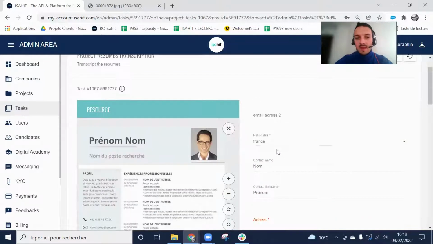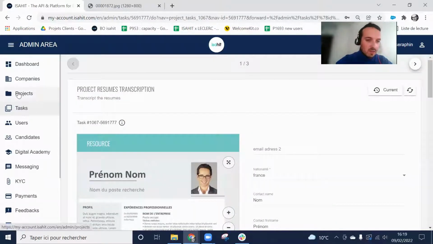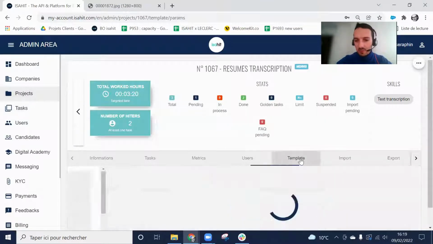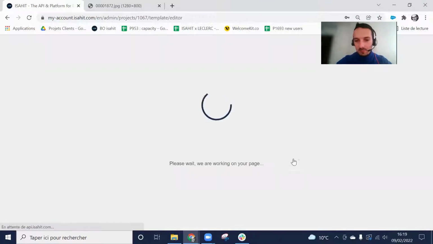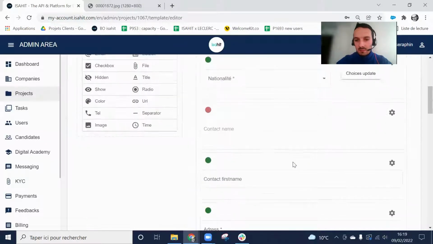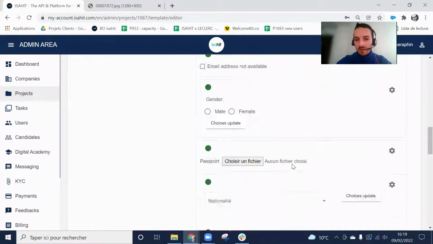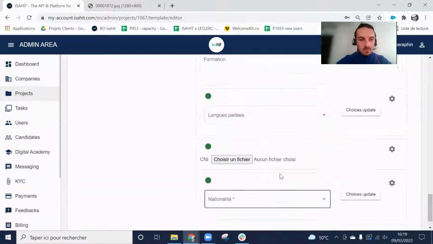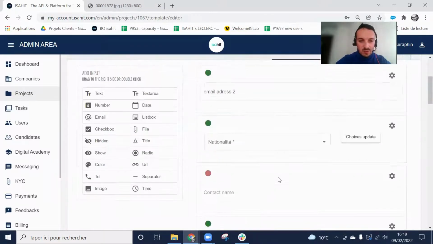And I can do it quite easily in the template editor of my project. So as an example, here I have all my fields. And if I want the users to import a file, as an example, if I want the users